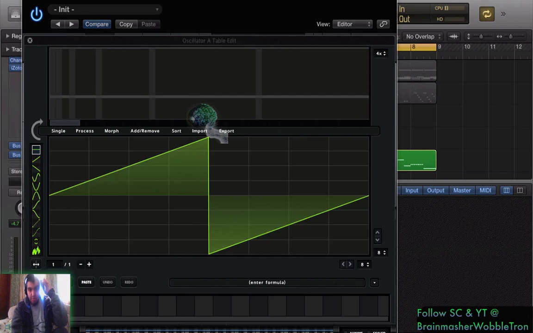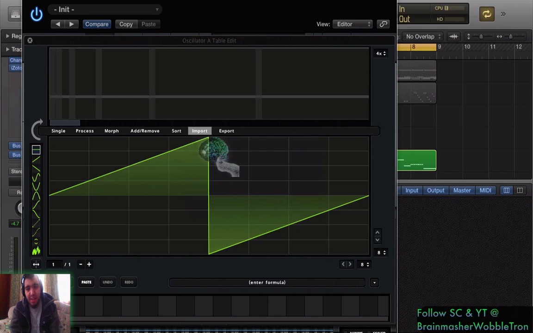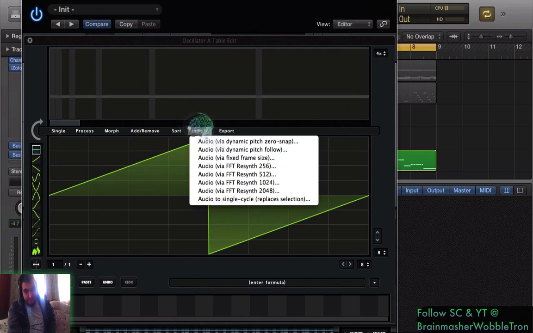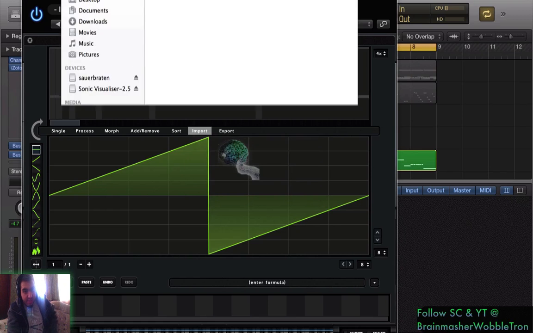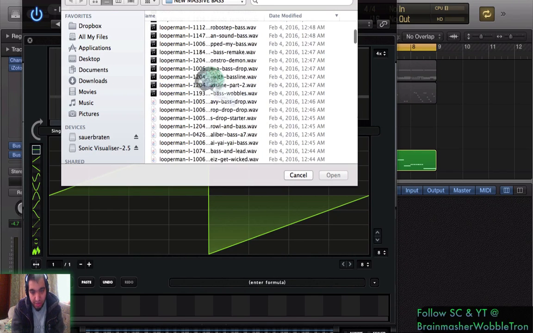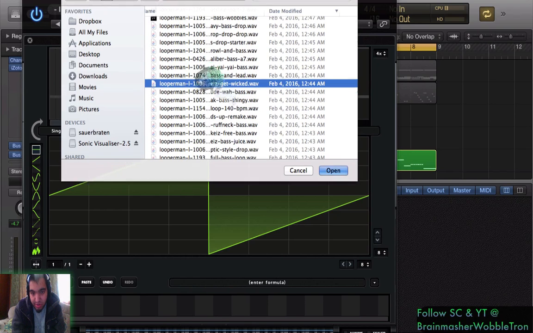Now what we're going to do is import using fixed frame size. I like using Serum ever since I watched a tutorial that Virtual Riot did on Serum, and it was beautifully done. So right now I'm going to import via fixed frame size. You can listen to how he explains it. I don't do it the way he does it, where in his tutorial he imports